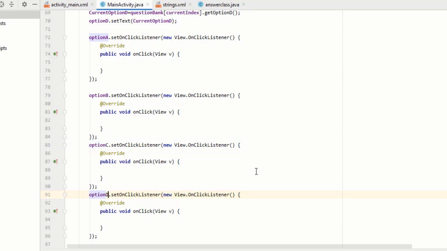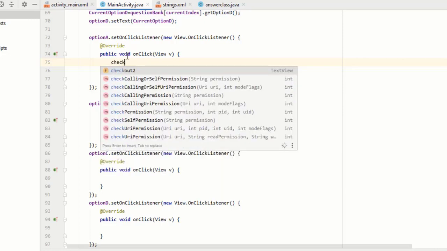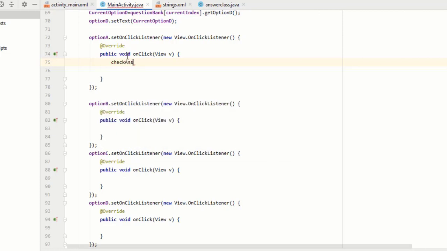When the user presses on any option, any button we can say, then we have to call 2 functions. After displaying the first question and first option, now it's time to validate our answer, and after validating the answer, it's time to update our questions. So for this, I simply create 2 functions here. I type here checkAnswer. You can give any function name, I give checkAnswer, and inside the brackets, what do you have to pass?